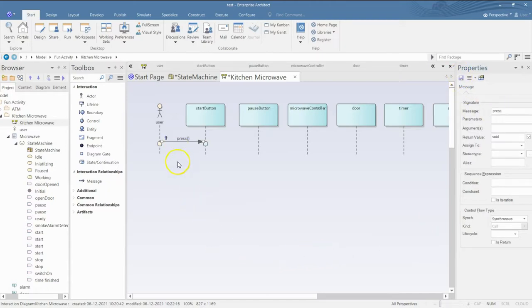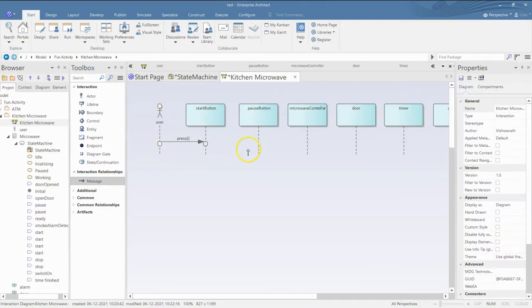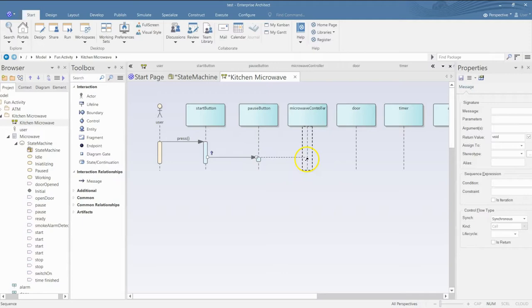Okay. Now when he presses the start button, what happens? Does the microwave start off? Yeah, it starts off, but in the background, it will in turn ask the microwave controller to start.